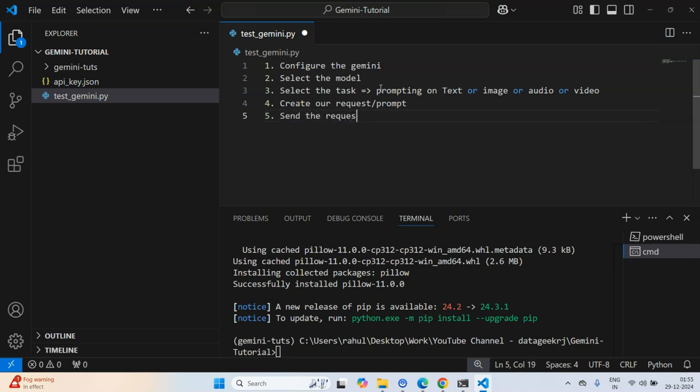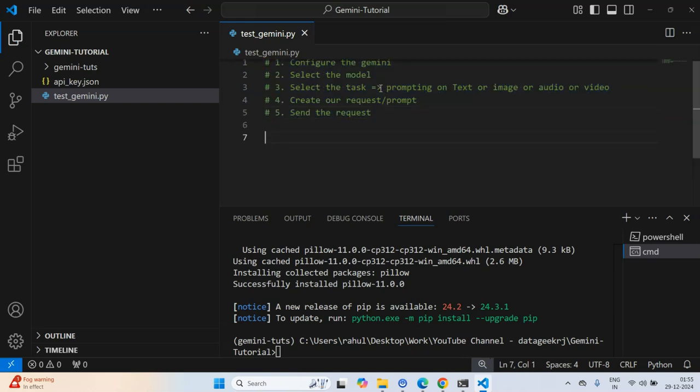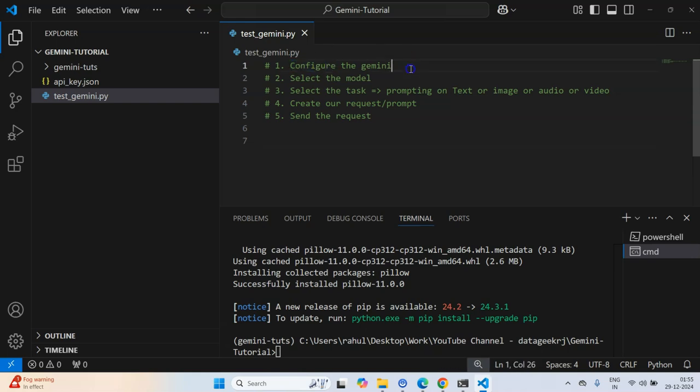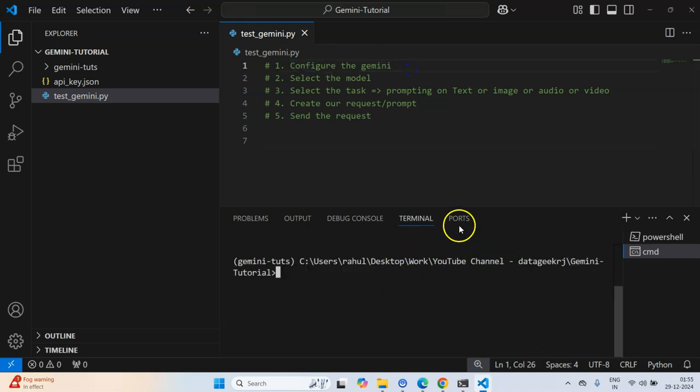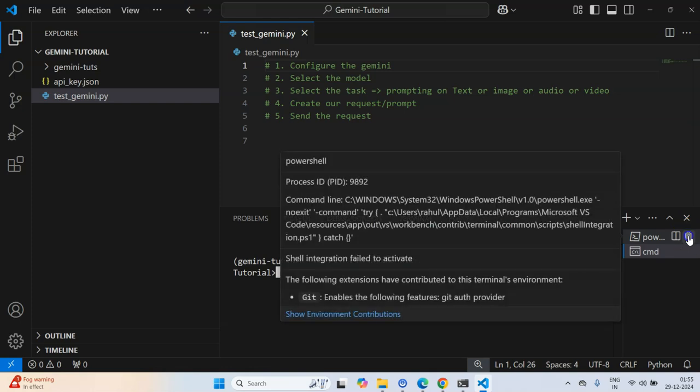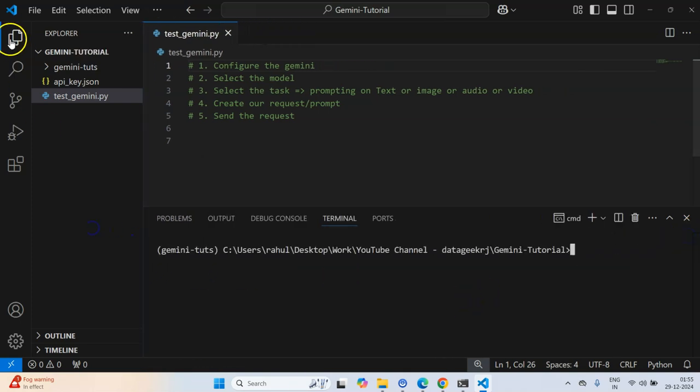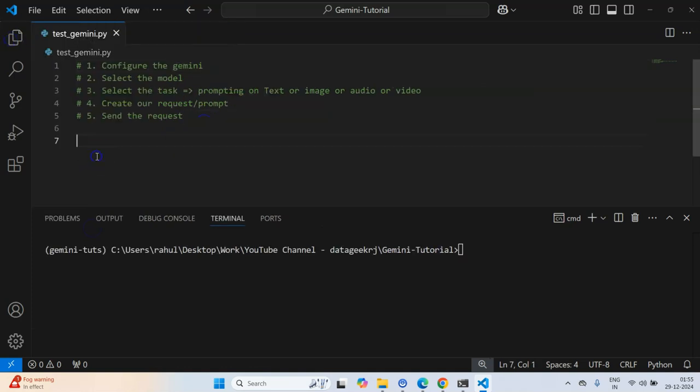Let me now comment all these steps and start the process. So first step is configure the Gemini, and once we configure it, we will try to run it and see whether it configures correctly or not. Let me close this window maybe so that we can see the full screen.